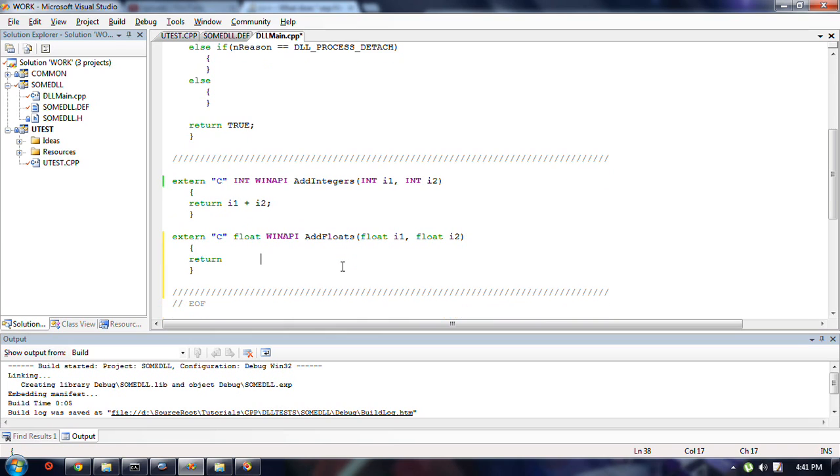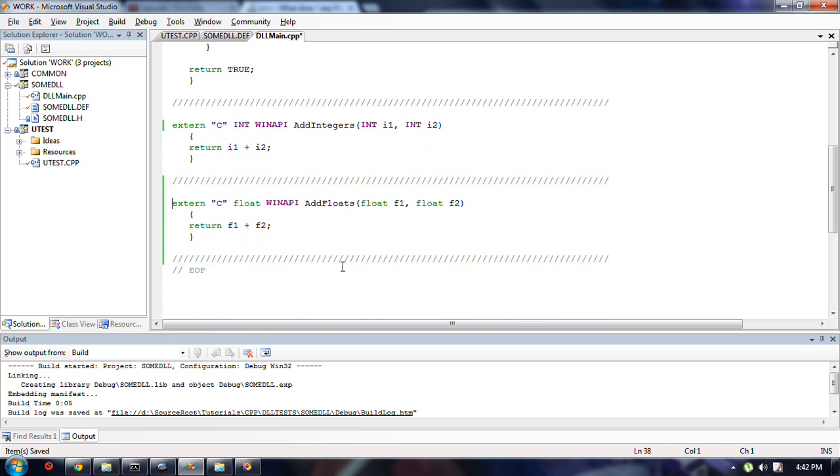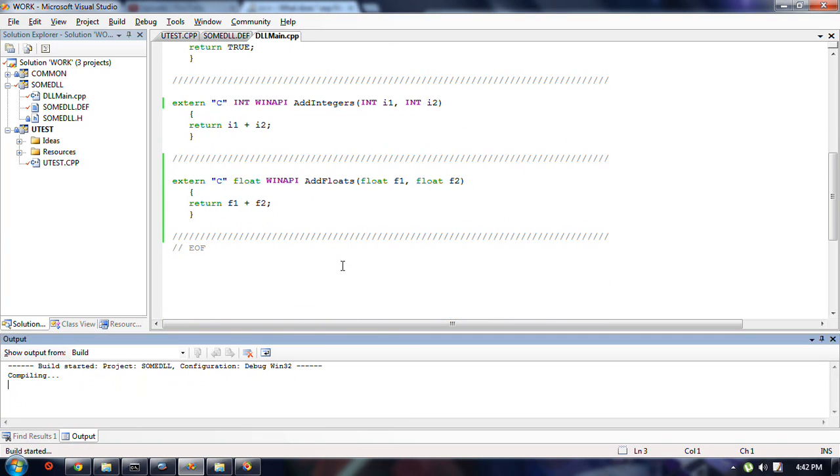I could make this into a template, but F1 plus F2. How many bytes is one float? Okay. Now the answer is currently being placed into that DLL,